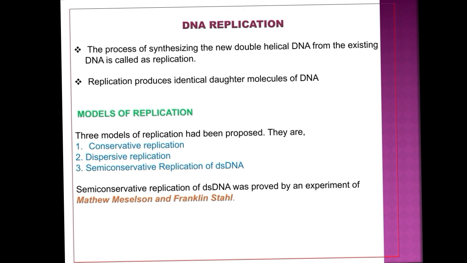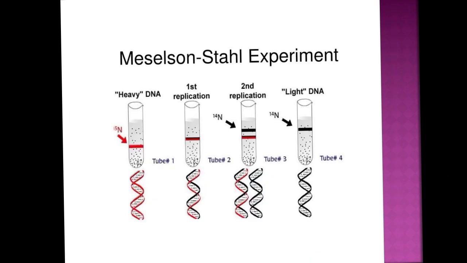Semi-conservative replication of double-stranded DNA was proved by the experiment of Matthew Meselson and Franklin Stahl. This is the Meselson-Stahl experiment. In this experiment, DNA was isolated before shifting to the low density medium and sedimented to equilibrium in cesium chloride. The density of the DNA was measured